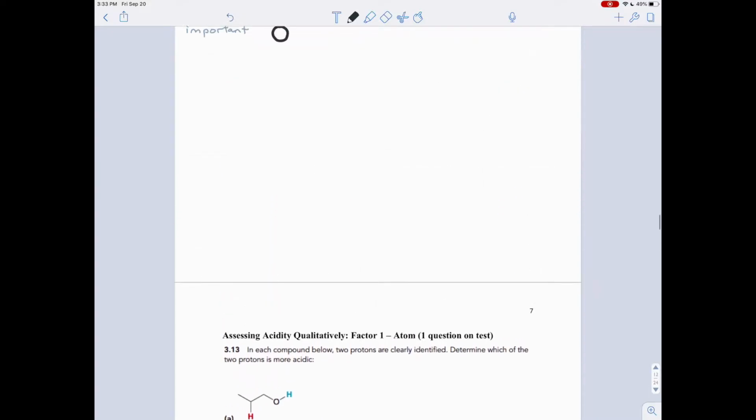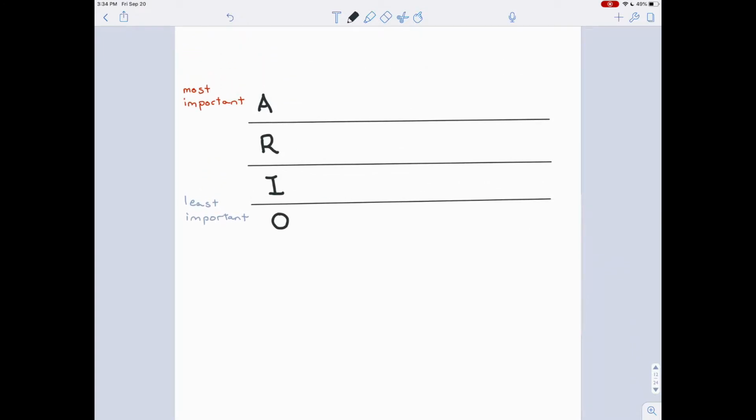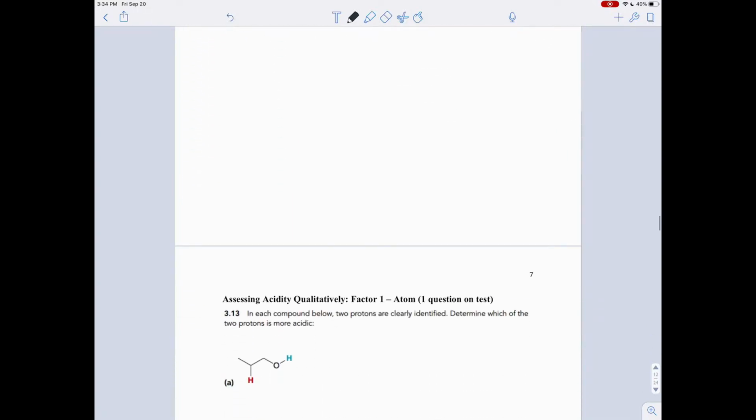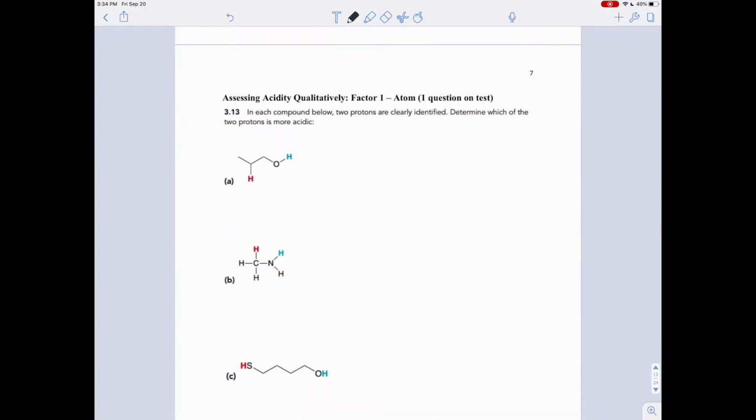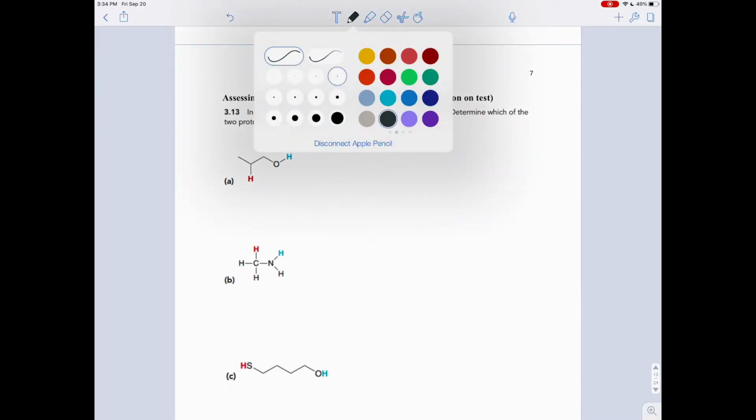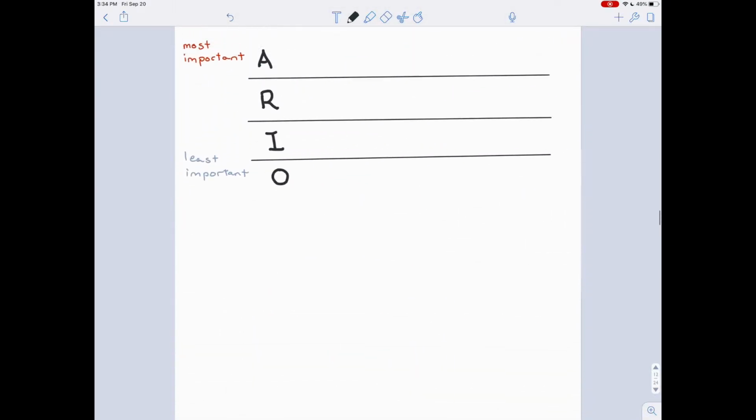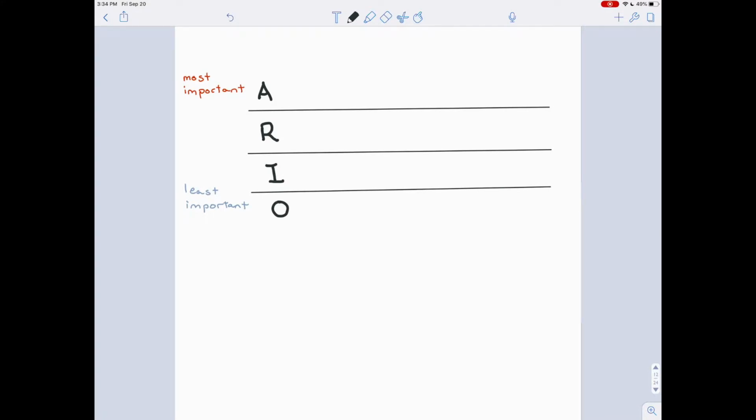So the 4 factors can be summarized by a little mnemonic device called ARIO. So let's go through these one at a time. This first exercise, exercise 313, is just going to be going over the first factor, and that is which atom the hydrogen is on. So the trend that we're going to see is that